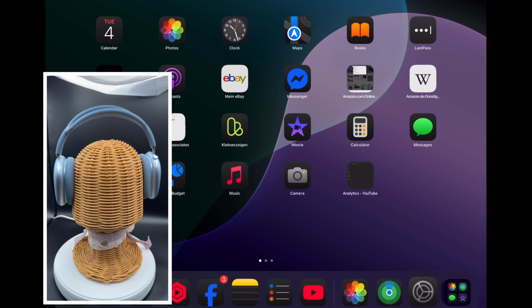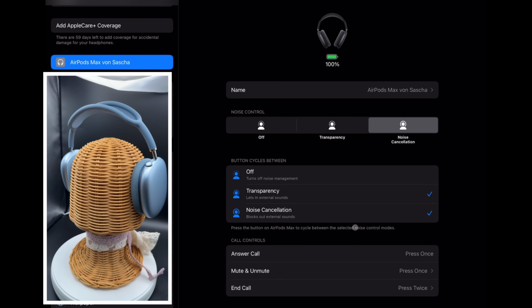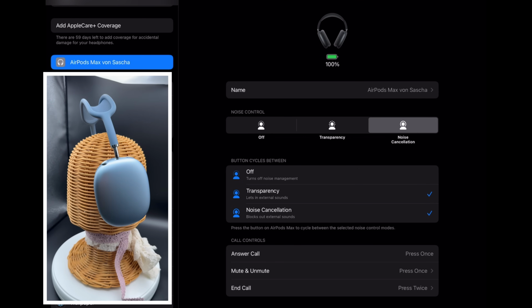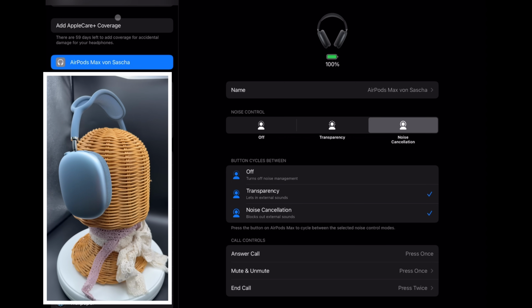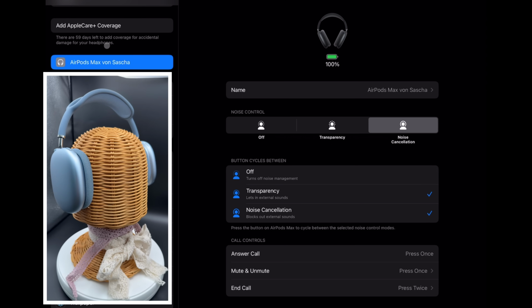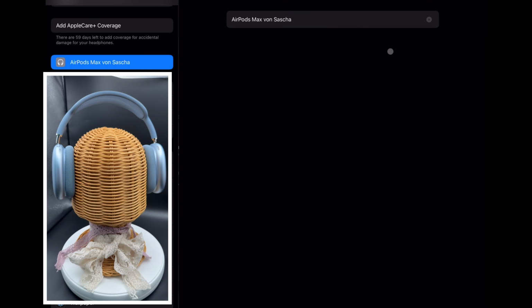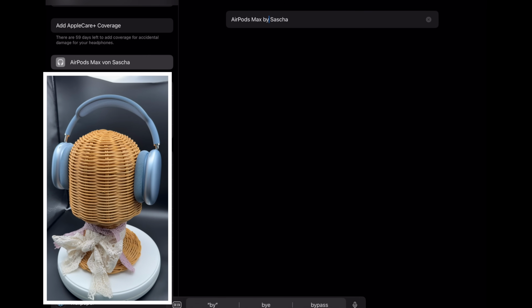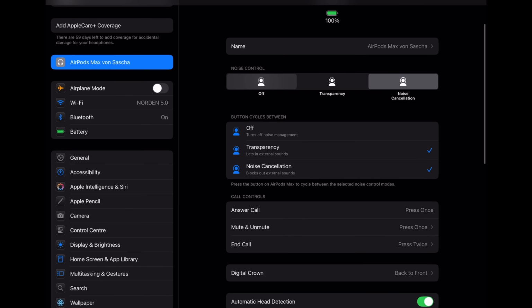With that, we go to settings and we get our AirPods paired with the system. And of course, we should wear the AirPods Max. And then you can see in the settings the AirPods Max settings area. Now we can change the name of our device as we like, and we can make noise control device setup here.